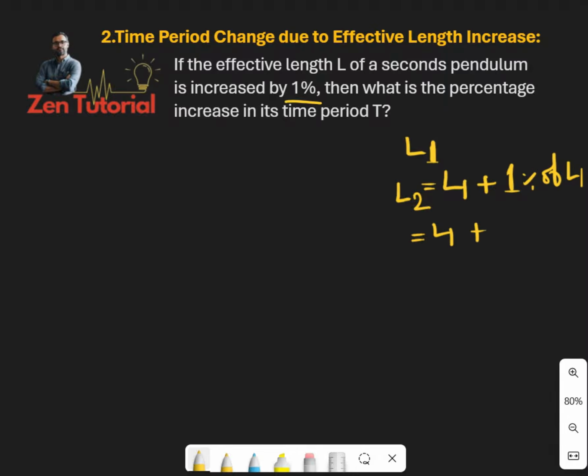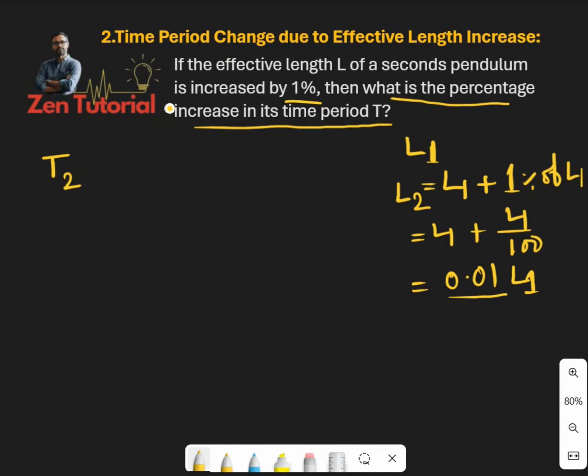So this will be L1 plus 1%, meaning L1 divided by 100. So we could write down the value of L2 is equal to 0.01 of L1. So actually L2 is increased up to 0.01 times L1. So L2 we already have got. So T2, I mean, what is the percentage increase in the time period T for